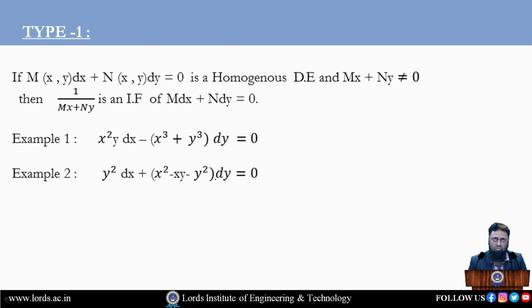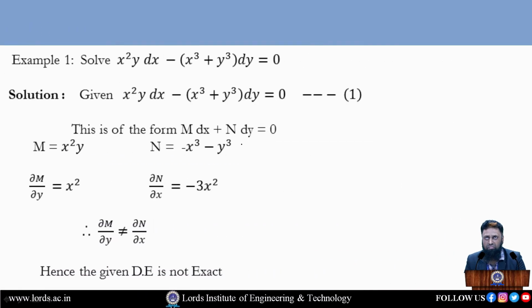Here is an example. How do you know that it is homogeneous? You check the degree: here the degree is 2 and here it is 1, so we can say it is 3, and here also the degree is 3, so it is a homogeneous differential equation. Here also check the degree: here it is 2 and here 2, and here 1 plus 1 is 2. The degrees on this side and this side should be equal, then we say it is a homogeneous differential equation. Now we will solve one example.